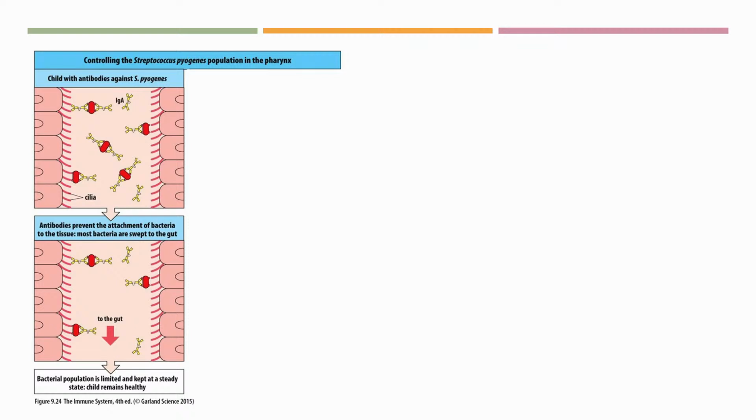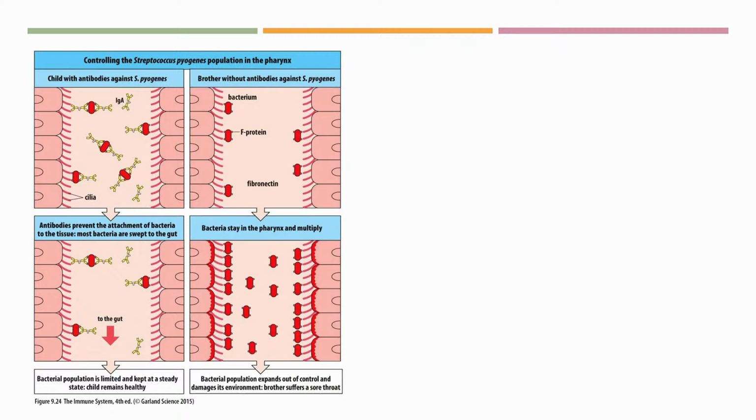And if a child already has antibodies that are made by these B cells in the pharynx area, then those antibodies are going to be specific and immediately tag all of these bacteria. So they're preventing the attachment of bacteria to the tissue, and most of them are then swept to the gut. And so that's where the bacterial population is limited and kept at a steady state, and the child remains healthy. But this child has a brother that doesn't have these antibodies, and so what happens then is